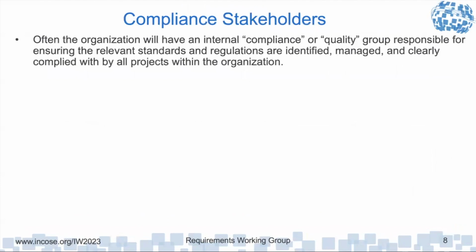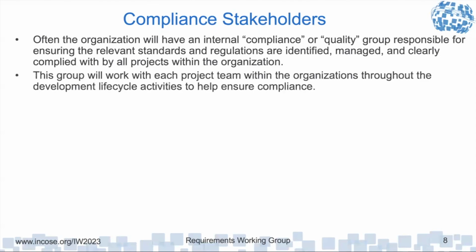We have compliance stakeholders. Not all organizations do this. I can't understand why not, but I think it's really important because of the impact of not showing compliance. So organizations should have some internal compliance or quality group that's responsible for ensuring the relevant standards and regulations are identified, managed, and clearly complied with by all projects within the organization. And this group can work with each project team throughout the development lifecycle to help ensure compliance. So they're a resource project teams can use to make sure that they are doing what they need to do